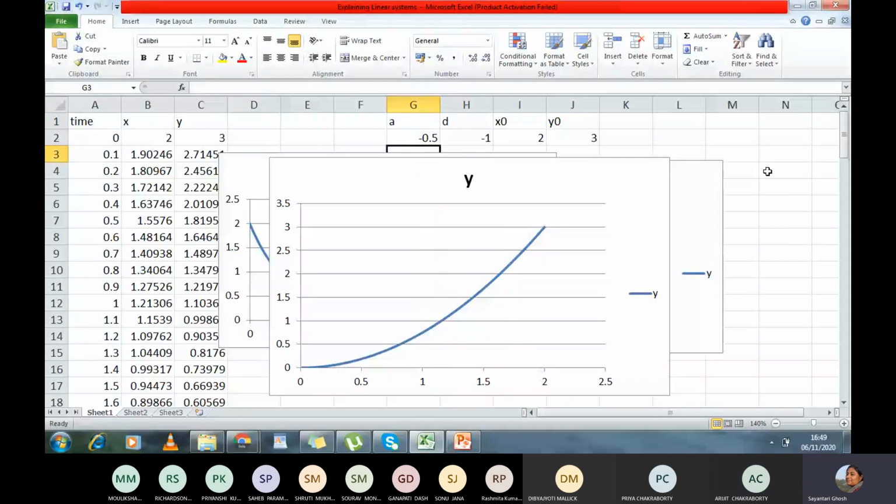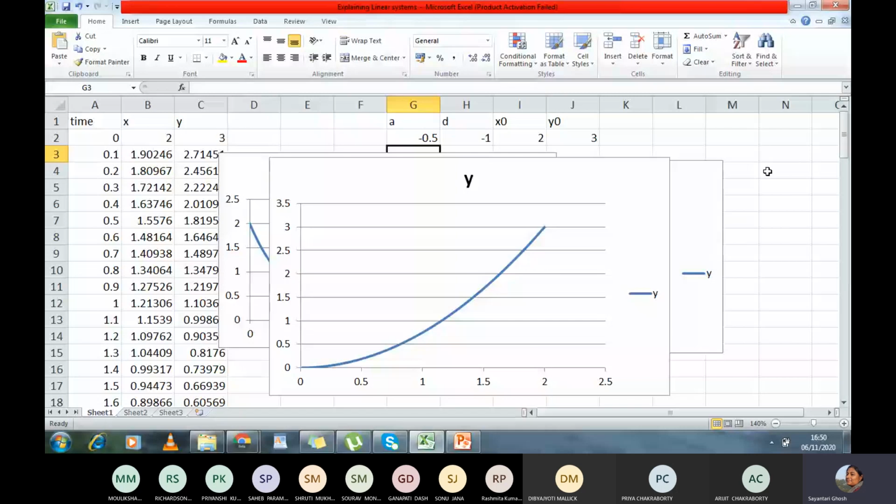And you can also plot a 3D picture, where one axis is X, one axis is Y, and one axis is time. Okay, so you can rotate in MATLAB. You can rotate your entire 3D picture according to your choice, and you can see all these 3 projections when you study X versus T, Y versus T, or X versus Y. And you can also see the entire trajectory if you see the graph as a whole in a 3D picture.